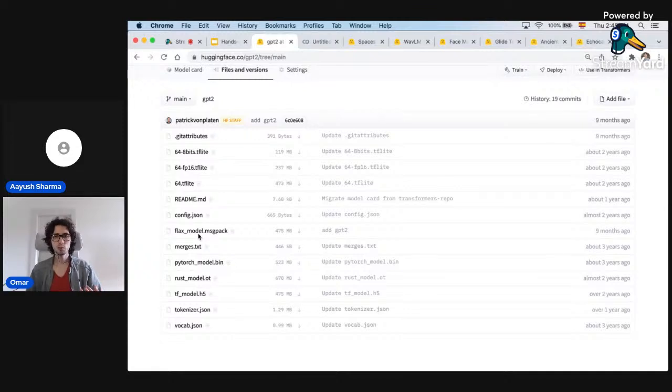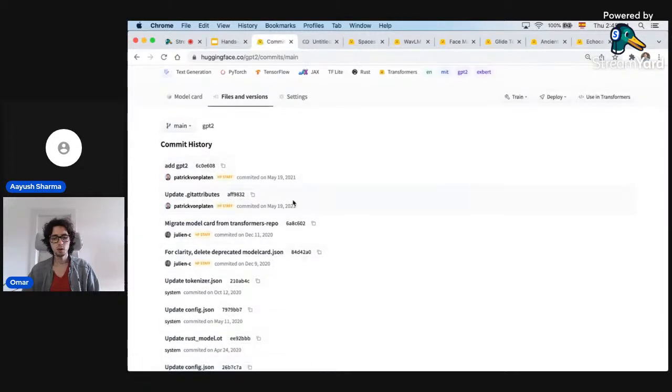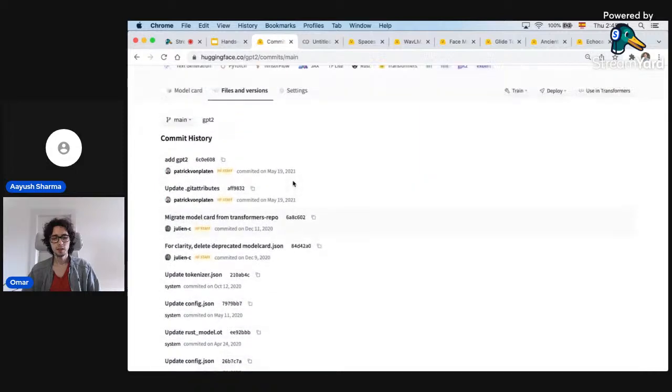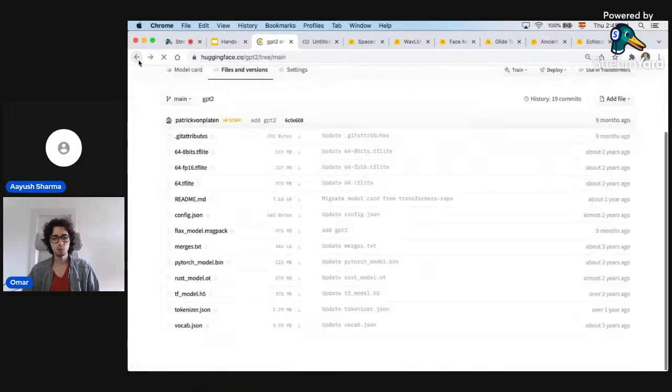Version control means that you get the history of your repository. Here there's this history link, which tells you all the history of this repository. This is quite good because it allows you to go back to a previous version, or if you need versioning of the model, if you are retraining the model every week, this allows you to have models at different versions.